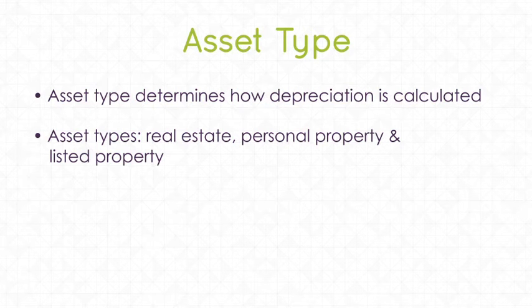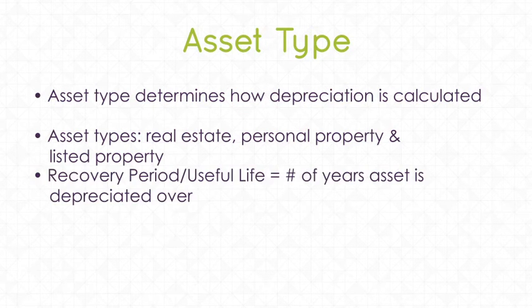Personal property includes a multitude of different recovery periods based on the type of assets. And a recovery period refers to the number of years the asset is depreciated. Recovery referring to being able to deduct the entire cost basis of the asset. For example, office furniture is usually under the 7-year recovery period, which means depreciation on office furniture is taken over